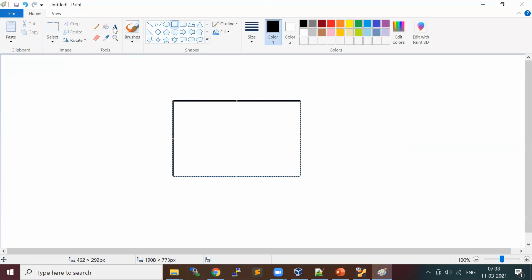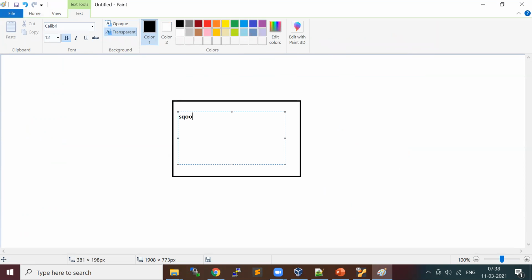For example, the Sqoop import command will generate a map only job. It's a MapReduce job, but it's only a map only job.